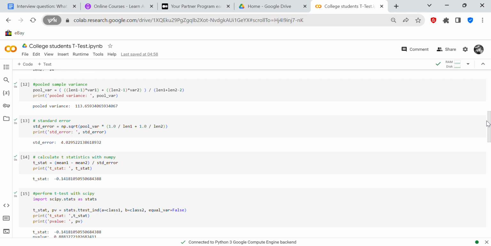And then to find the t-test with Python and to do it manually, we declare the variable pool var equals len1 minus 1 times var1 plus len2 minus 1 times var2 over len1 plus len2 minus 2, and that's your pooled variance, which is 113. Then we check our standard error, which is np.sqrt pool var times 1 over len1 plus 1 over len2, and you get a standard error of